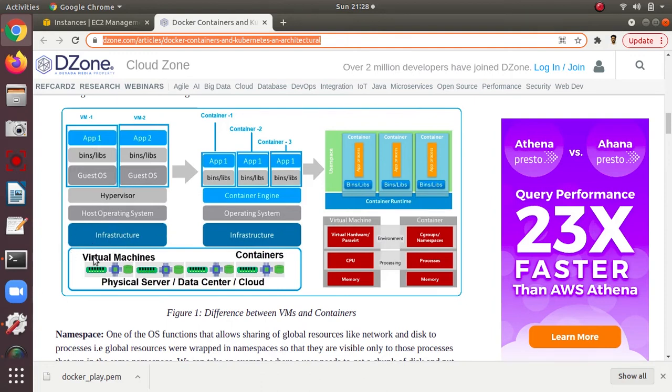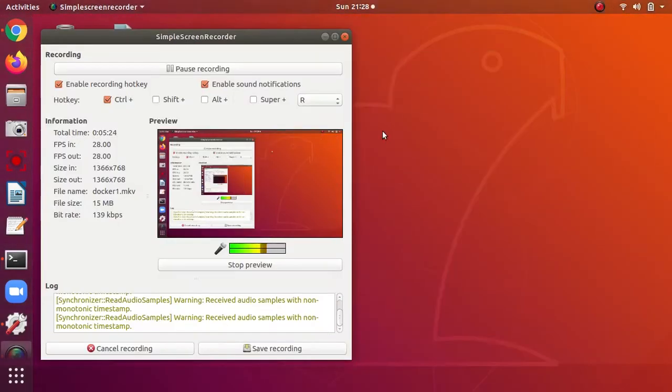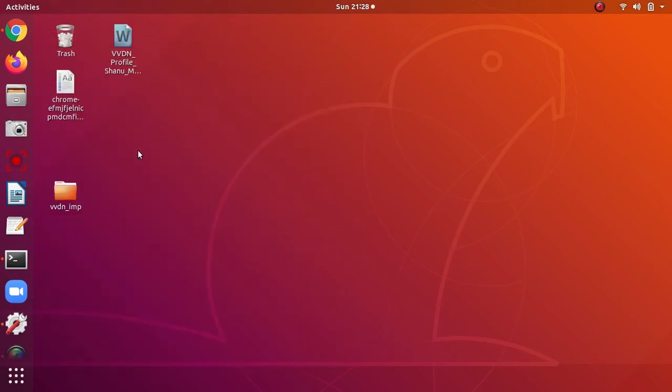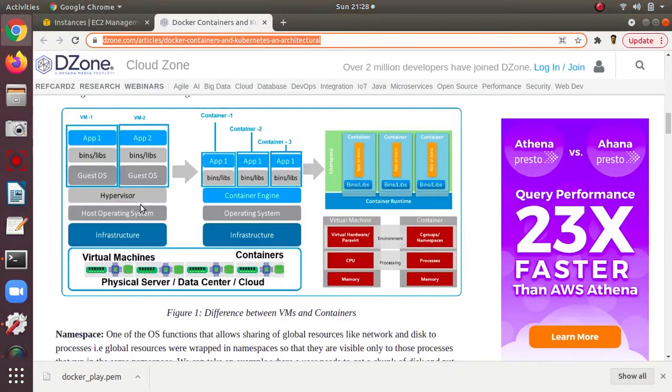Firstly, we need an infrastructure like a laptop or computer. Over that we have our own operating system, the local machine; as I have an Ubuntu machine, you can see here. This is my operating system, and over that you need to install software called a hypervisor, and this gives you the facility to run a different OS, Windows or any flavor of Linux, and on it you can run the applications.